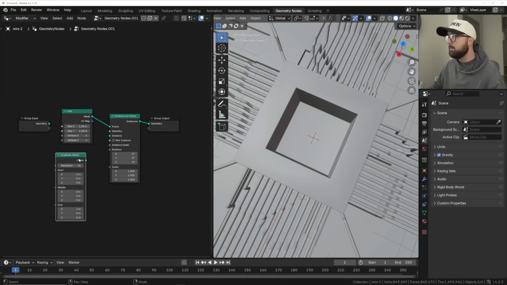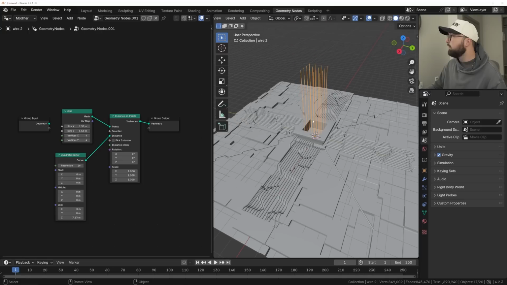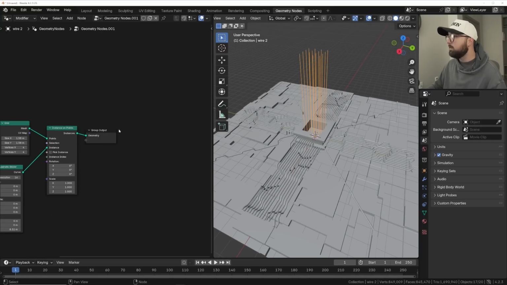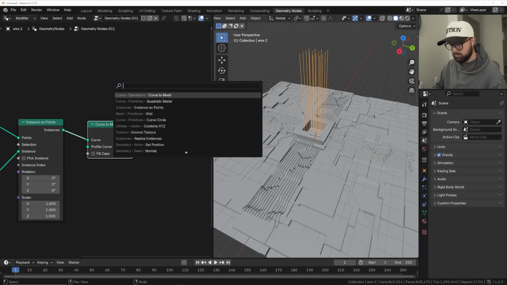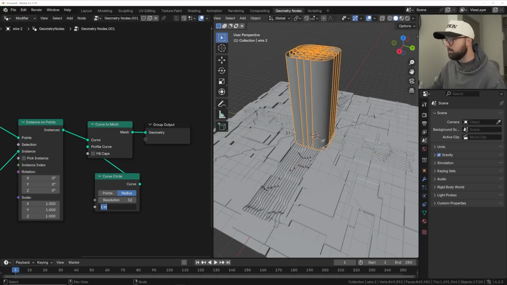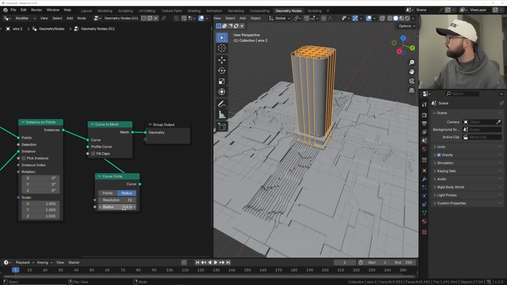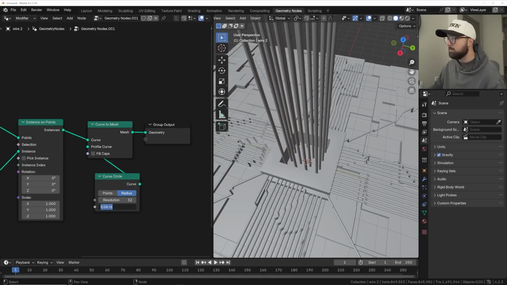instance on points, quadratic Bezier, plug him there. And then, of course, bring it all down to 0. And then the Z, bring the Z up. Now you have these guys here in the middle that we can go ahead and do curve to mesh, curve circle, plug that into the profile, and then just do like 0.06 to match the rest of the scene. So now we have these guys, maybe bring them down to like